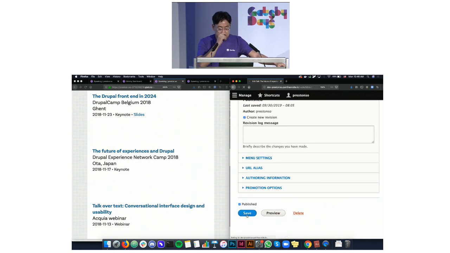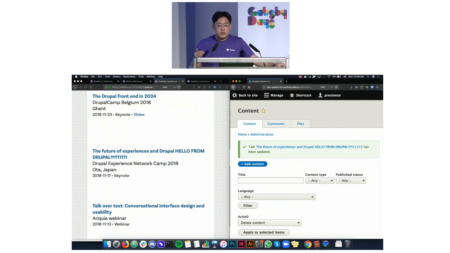Now I hit save. Now, as you can see, the preview just updated more quickly than the Drupal site itself updated. I mean, that's pretty incredible. And I want to give major props, by the way, to every single member of the Gatsby